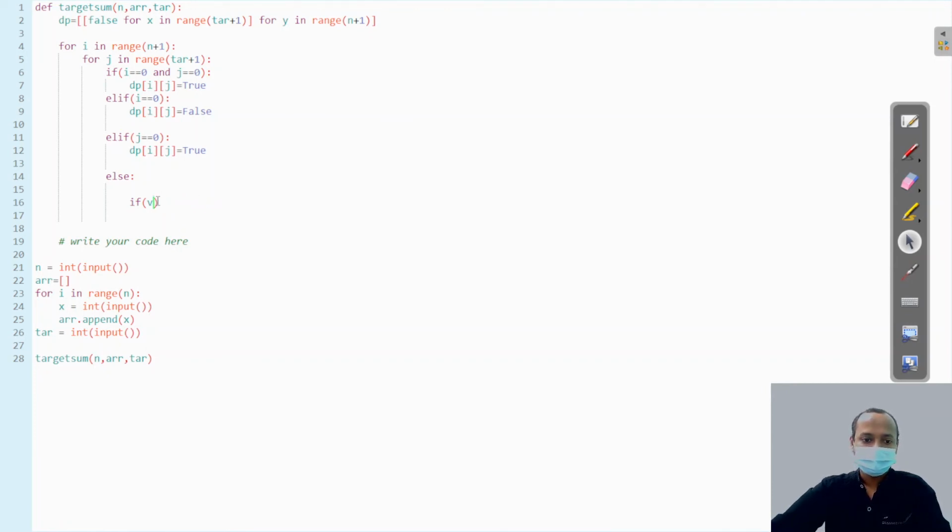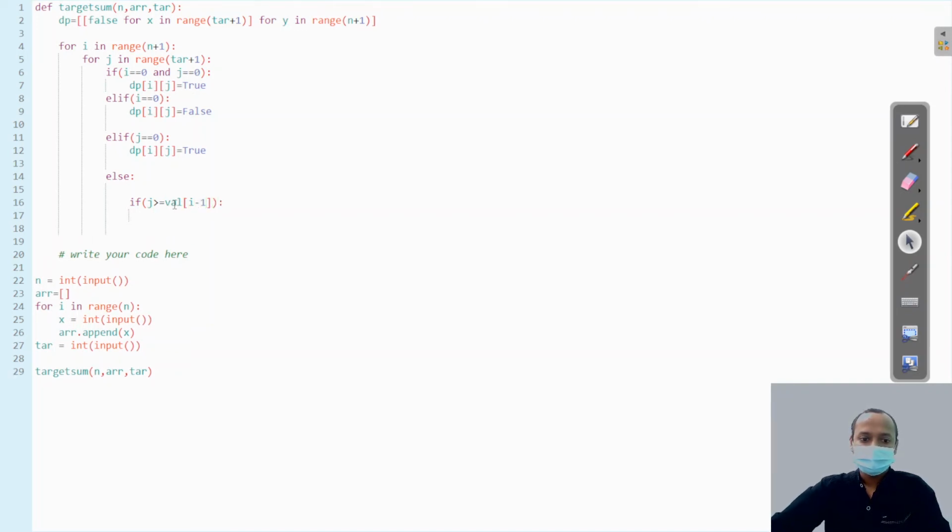I can write this also. j is our target. So if the target is greater than or equal to the value of the player at i minus 1, we can choose the player. Okay, so this player can play.